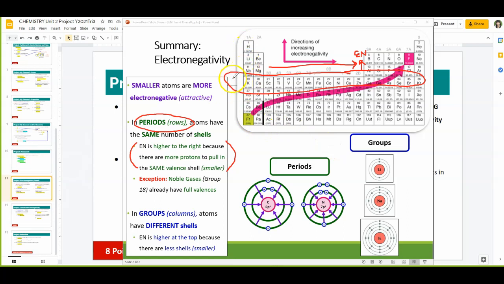So for example, this is period 4, row 4, and therefore they have 4 shells. And again, if you take a look here, as we go to the right, you can see that you're getting more and more protons. This one has 31 protons, this one has 32, all the way down to 35. And so as they have more protons, more positive protons, they're able to pull in the negative shells, that same number of negative shells, the 4 shells, and that makes them smaller. And as we learned in class, smaller atoms are more electronegative or attractive because it's easier for them to reach